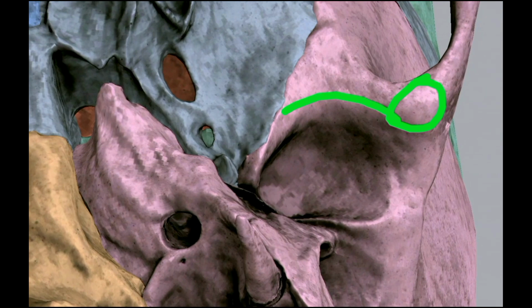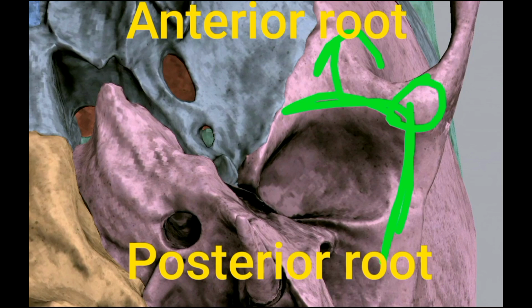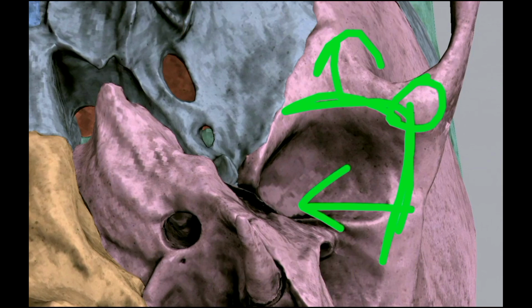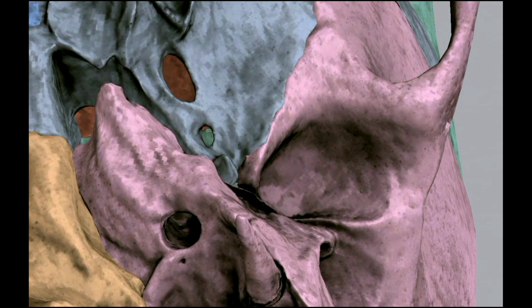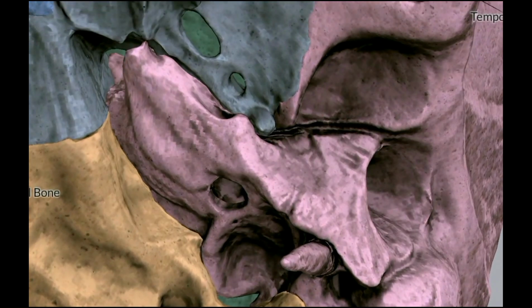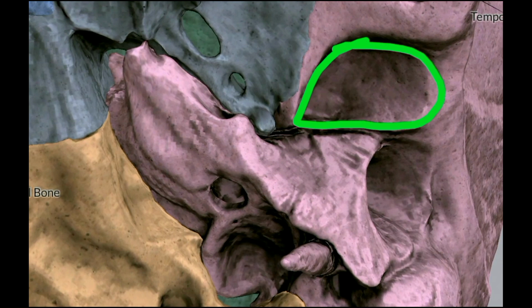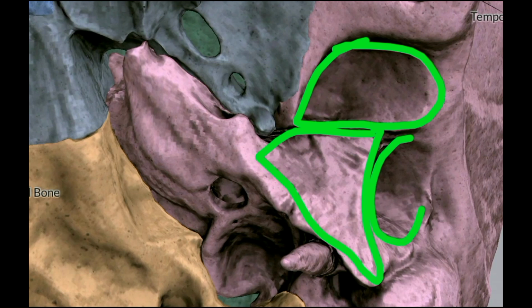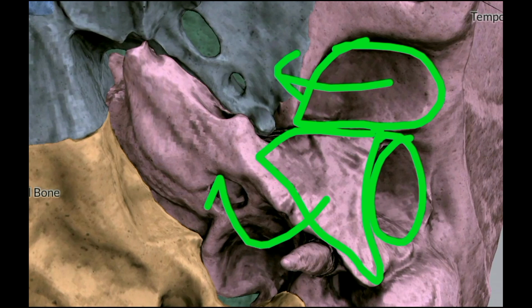Coming to the other parts of the paramedian part, that is the articular tubercle, with anterior root and posterior root enclosing the mandibular fossa. The anterior root is horizontal, and the posterior root is anteroposterior. You can see the mandibular fossa there. We discussed the articular part of the mandibular fossa in the previous video on the temporomandibular joint. Please go through that. The anterior articular part is formed by the squamous bone, whereas the posterior non-articular part is formed by the tympanic plate. It is separated from the joint by the parotid gland.